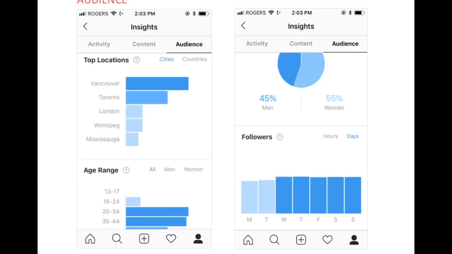The next tab in Insights is the Audience tab. So what this will have is some basic demographics of your followers, so things like top location, the age range, gender, that sort of thing. And this section, it also shows you when your followers are most active, if you look on this part here. So you can sort this by days and hours,